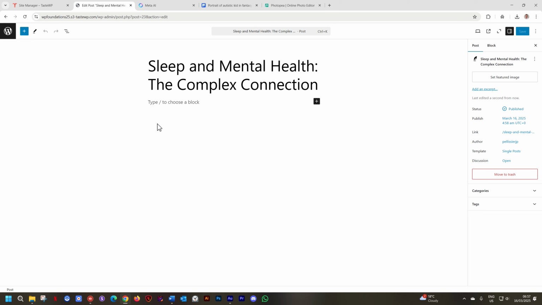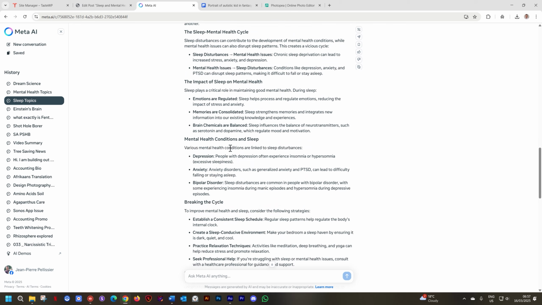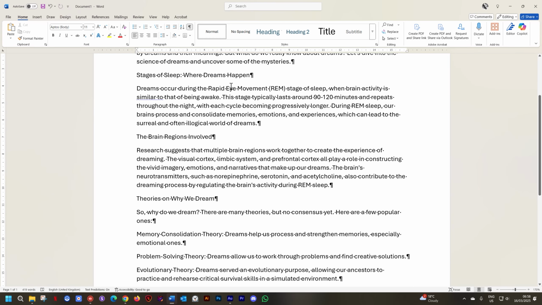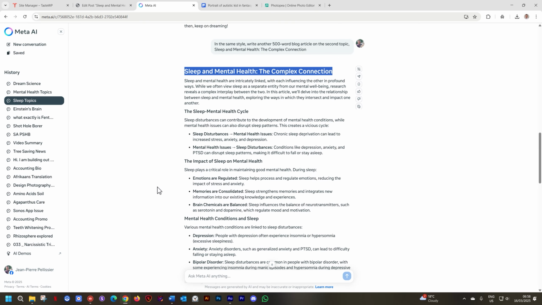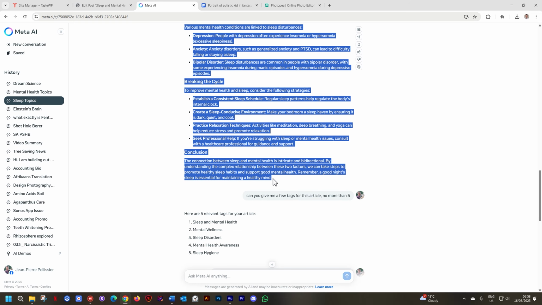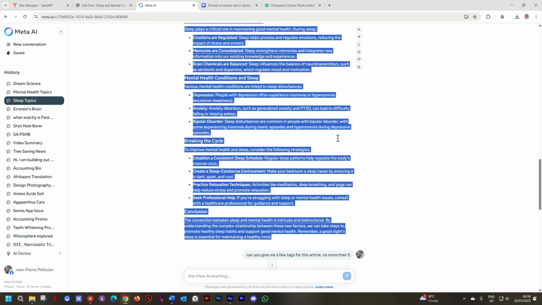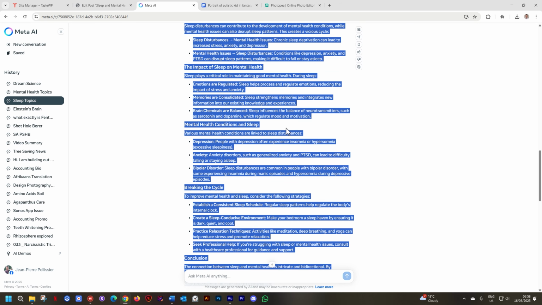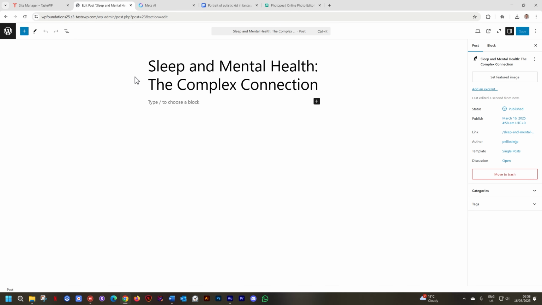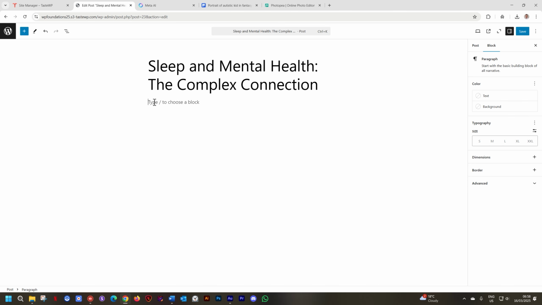Previously, we brought in the text one by one. Actually, previously, I went to the AI, I copied all of this, I went into Word, I pasted it, and I removed all the formatting. But this time, I'm going to copy directly from the AI. So I'll select the text from this first paragraph, I'll go down, and I'll right-click and copy. There is a copy feature here somewhere. I would just use the select and copy. That makes it easier. And then I'll go into WordPress, click there to place the cursor, and then Control-V, Command-V to paste. And observe the magic.